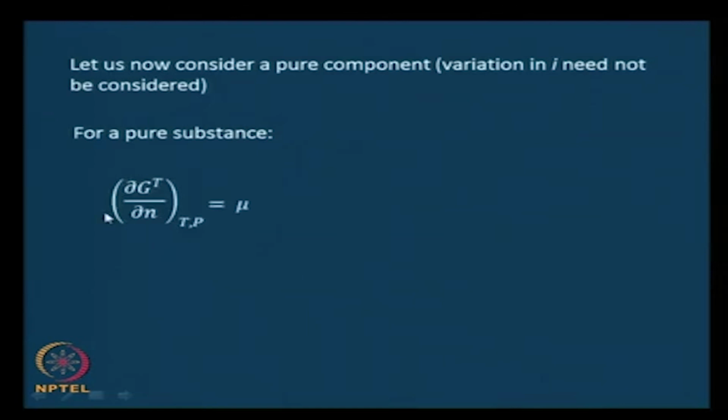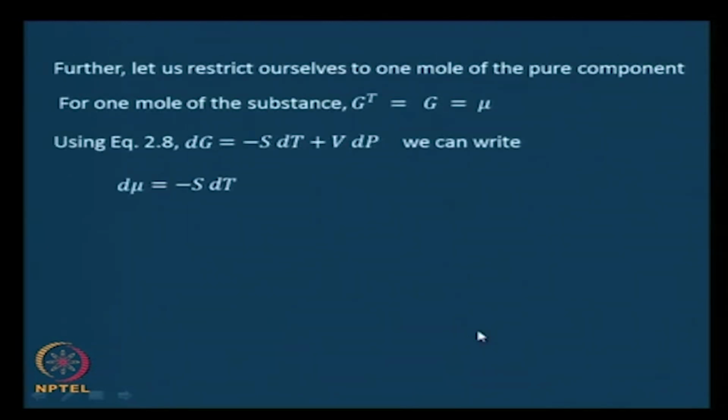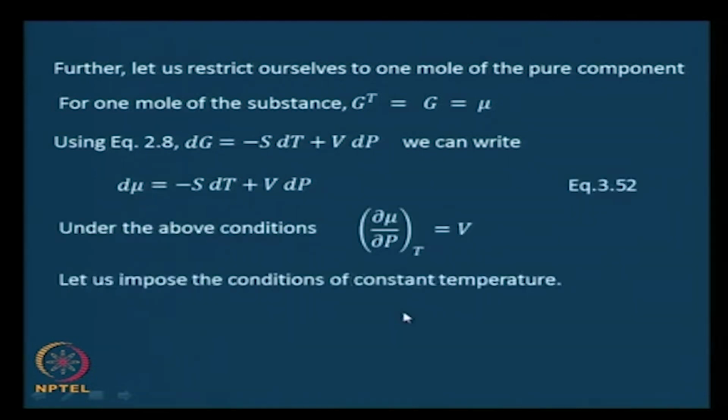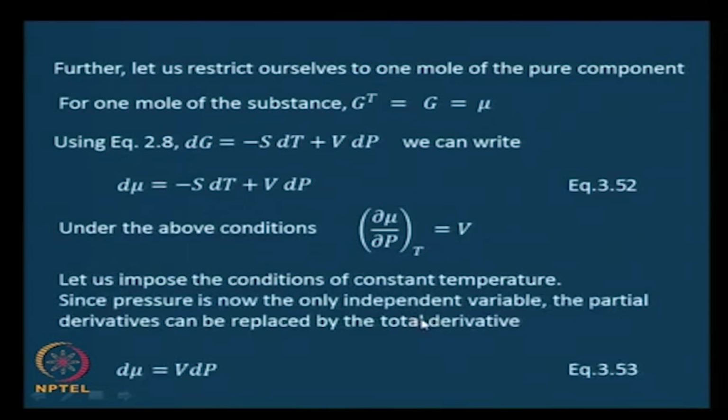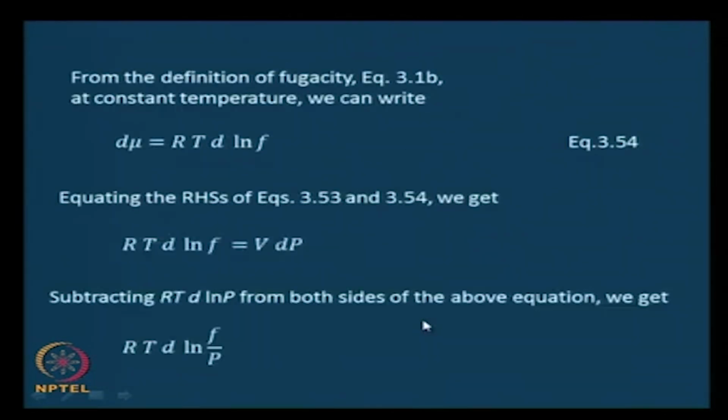And we went into writing the definition for a pure substance, and writing down equations for a closed system in terms of the chemical potential for a pure substance. Then we went ahead with the derivation,